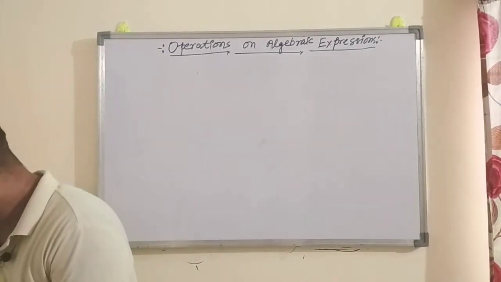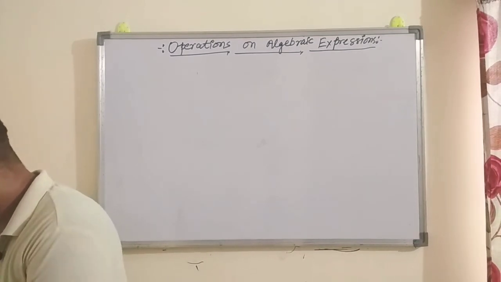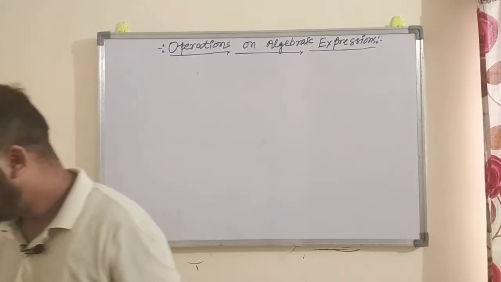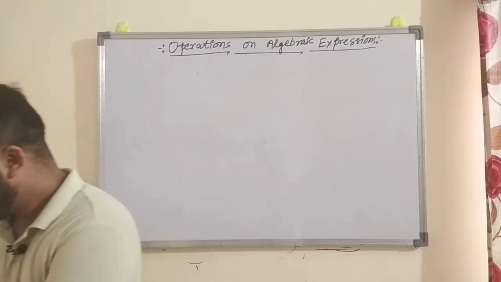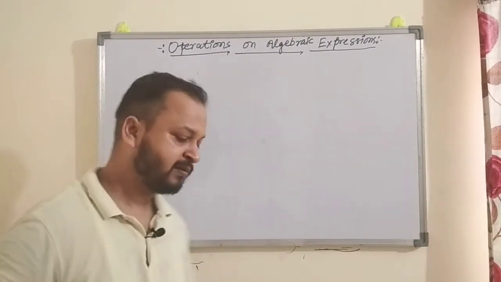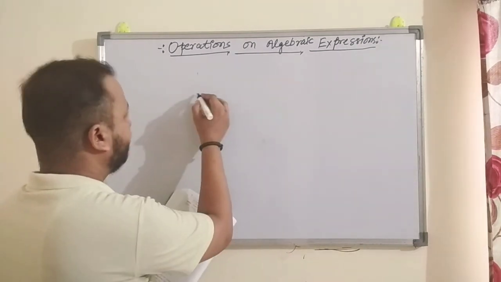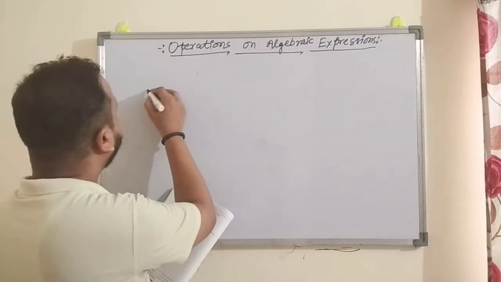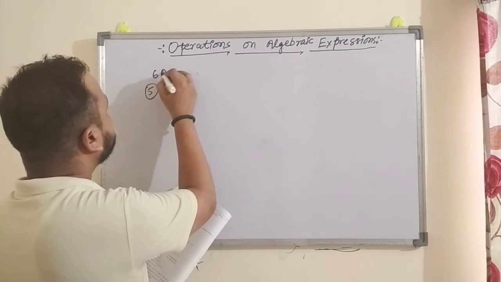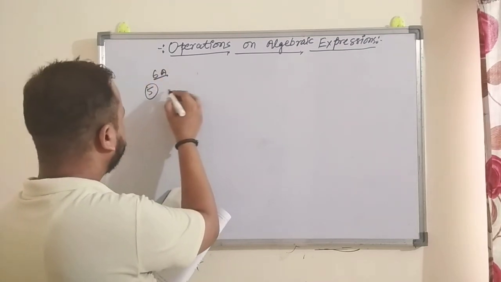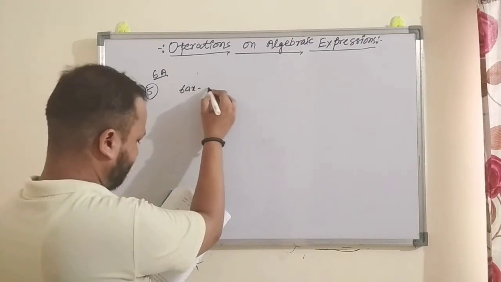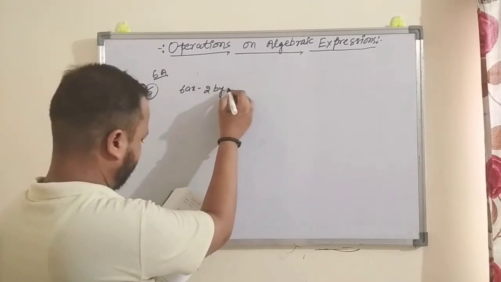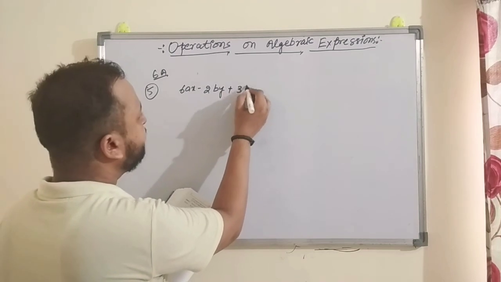Suppose we are taking a question from your book. We are going to add, this is question number 5 of exercise 6a: 6ax minus 2by plus 3cz